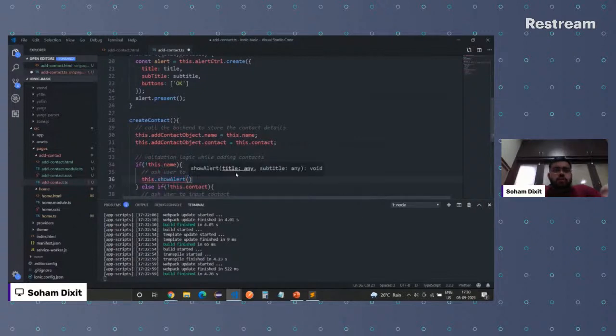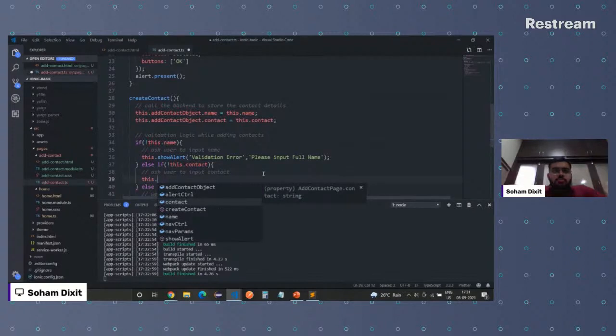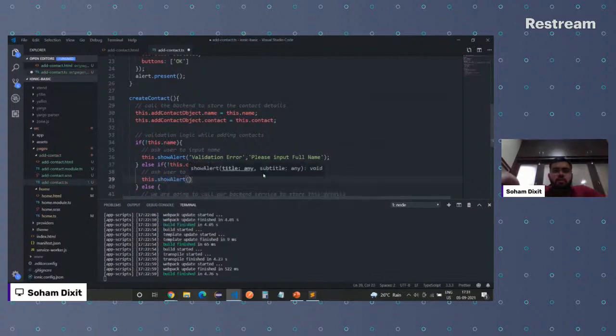We are going to call that function, and it asks for two parameters. One is title, which is validation error, and subtitle is please input full name. That's it. If the full name is empty, we'll ask the user to input the full name. Similarly, again this is going to be the validation error. Maybe I could have created a common title as well, but it's okay.